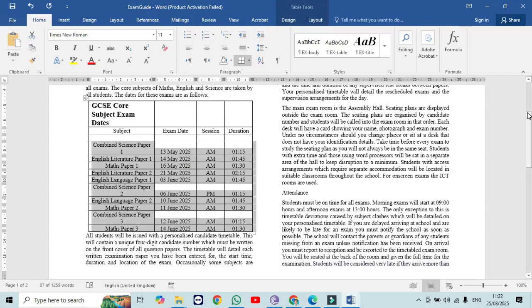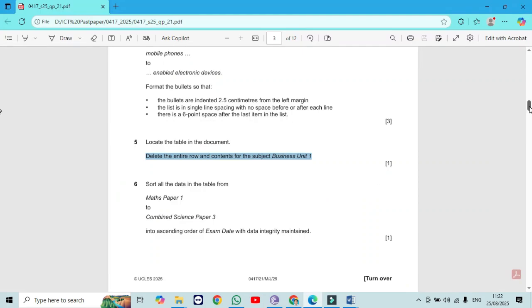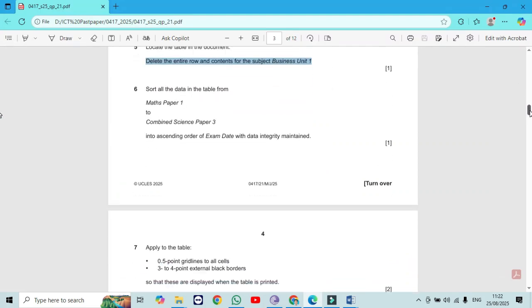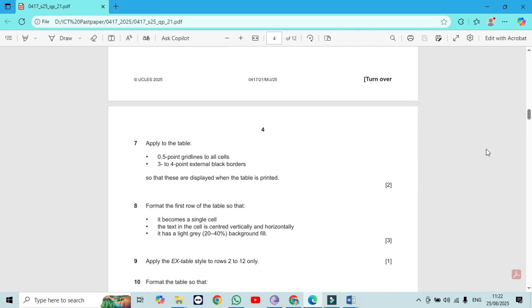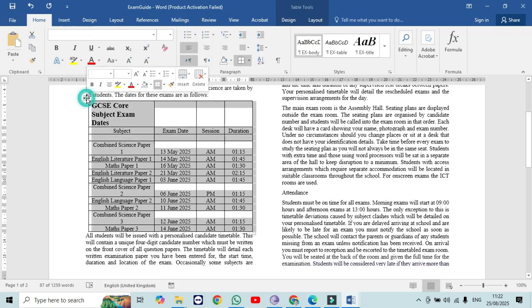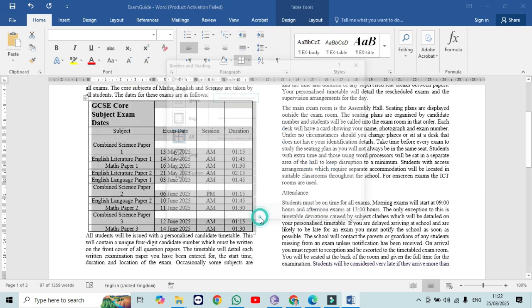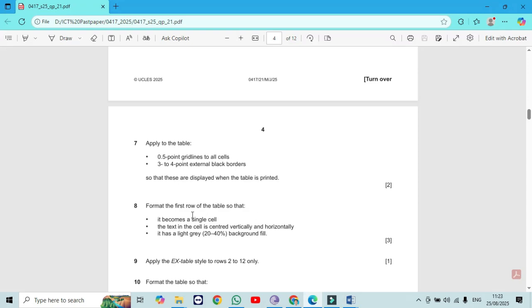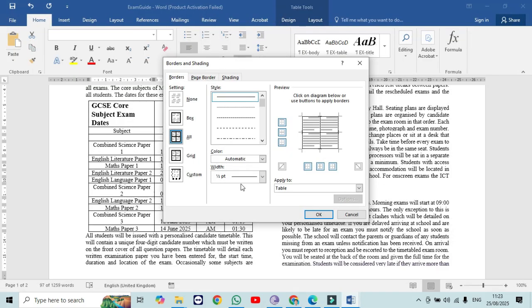Right, moving forward, apply to the table 0.5 grid lines to all the cells. Click here and now you can go to the border and shading, and as they mention here 0.5 grid lines, it is already 0.5 grid lines, and that is internal grid lines. Okay, so we click here, already I clicked, these are the ones, and then after it says 3 to 4